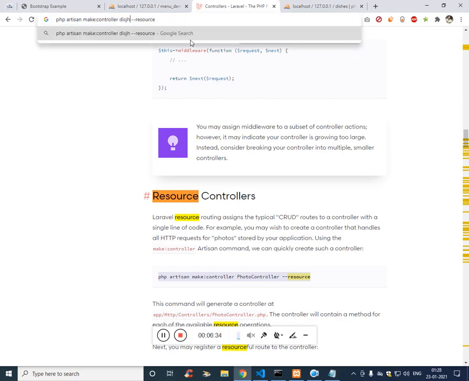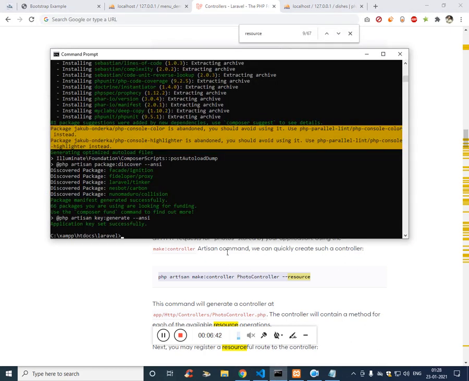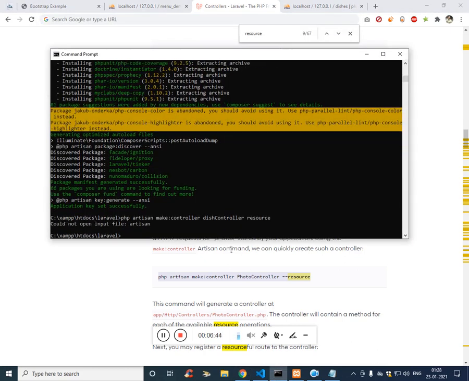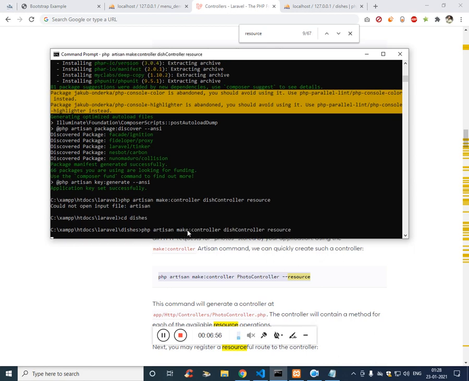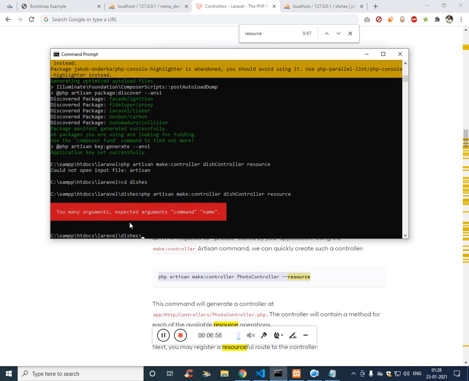So, dish controller, just copy it, paste it, enter it. It says, because we have not gotten into the dishes file, now it will run. Expected argument command name.